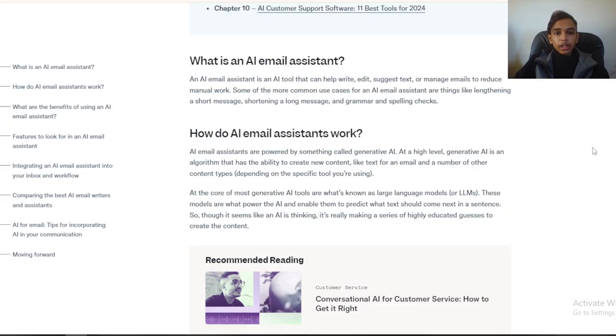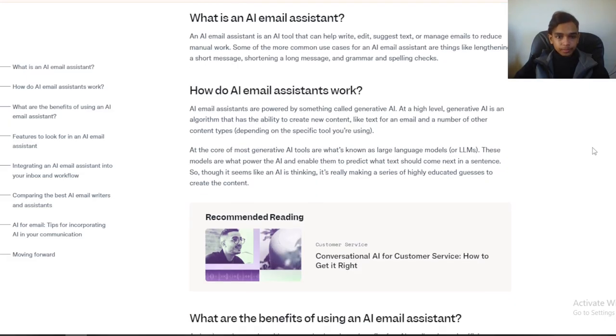How does an AI email assistant work? AI email assistants are powered by something called generative AI. At a high level, generative AI is an algorithm that has the ability to create new content, like text for an email and a number of other content types, depending on the specific tool you are using.